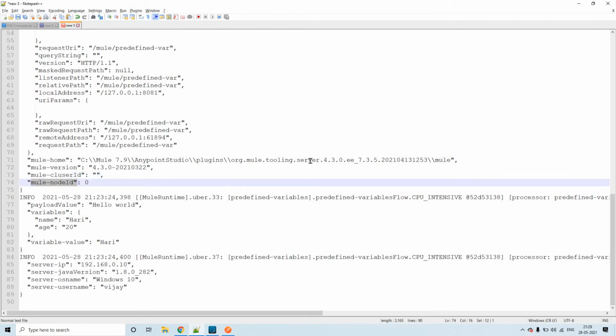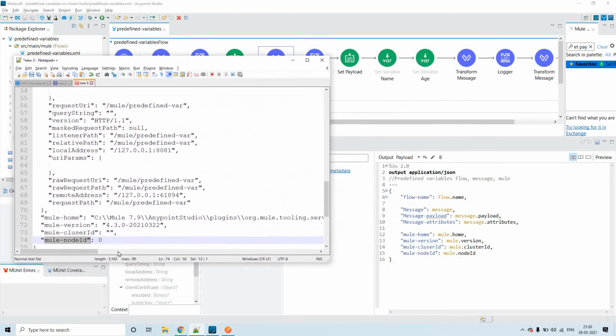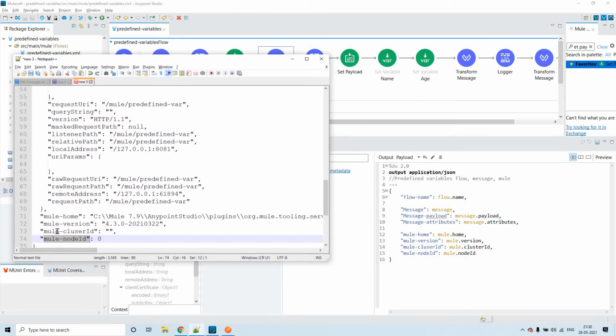As we are testing this application locally, we'll not be able to see the cluster ID or node ID, obviously. That is the reason we did not get any proper values for cluster ID and node ID. But we could see proper values for home and version 4.3.0. Maybe this is the timestamp where the runtime got updated very recently.